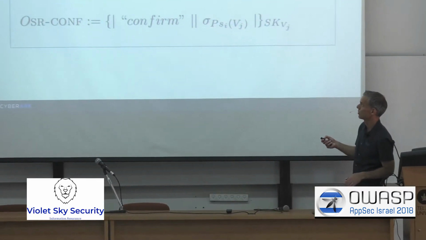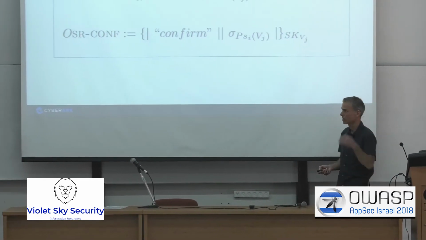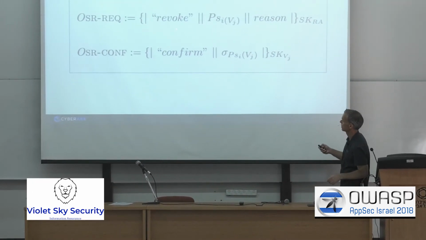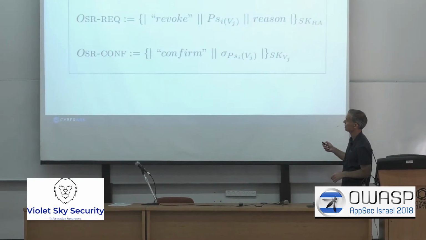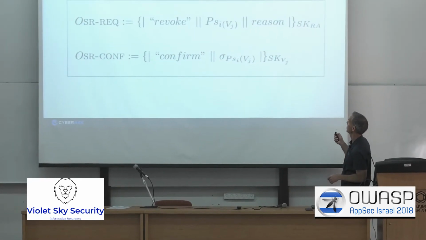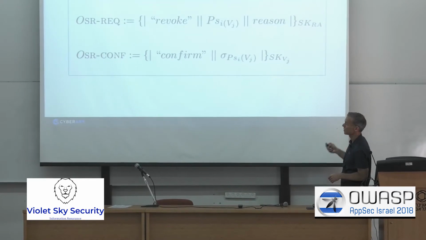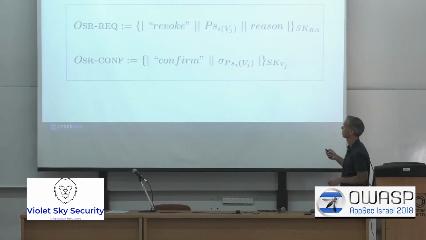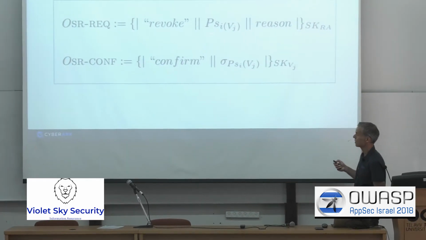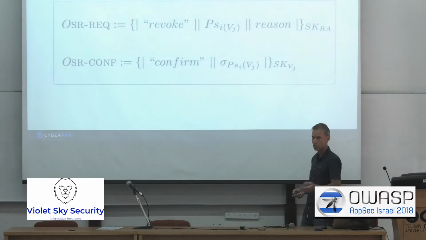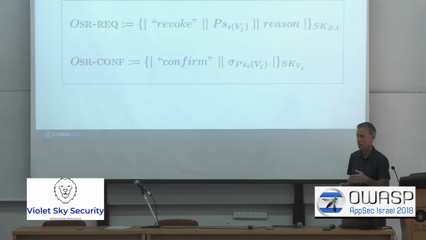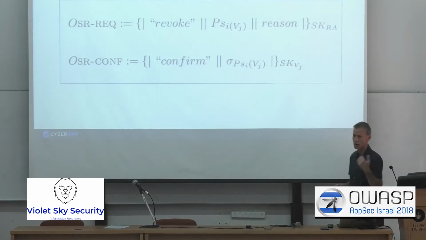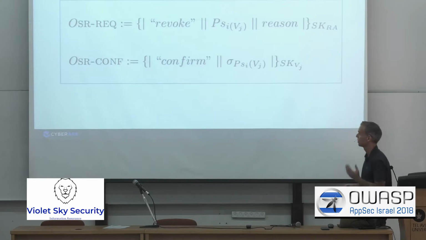basically an order for a self-revocation request. This is the message that the revocation authority sends to the vehicle: revoke yourself, right? This is revoked. This is your pseudonym that was reported. This is the reason, and everything is signed with the private key of the revocation authority, so the vehicle knows this is a legit request. And each vehicle, as I said before, gets the message and checks: is this me, is this my pseudonym? If not, they send it to the other vehicles surrounding it until the one that really has that pseudonym will get it and